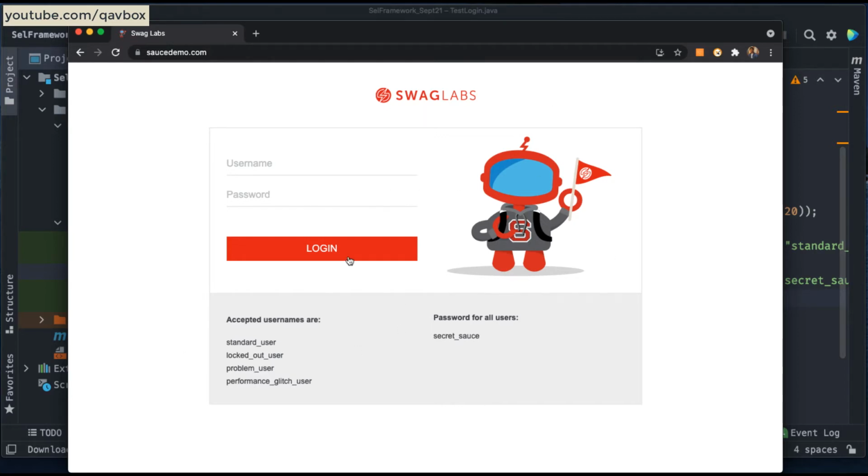So this is my home page, or I would say login page. Once you do a successful login, you will get the products page. Now what the page object model is saying is that for each and every screen of your particular application, all the objects, in the sense this username field, this password, buttons, all the text, all these locators, you need to keep in one file.